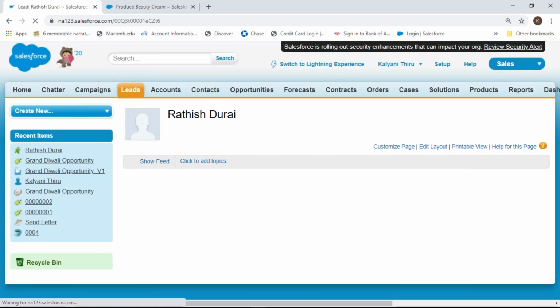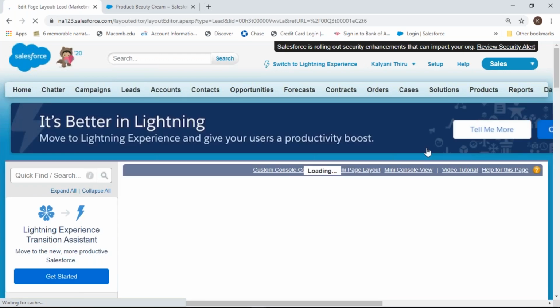Edit layout. Now you have seen the palette, right? At the top, you've seen the palette, right? Now let's see. Click on the properties in the palette,